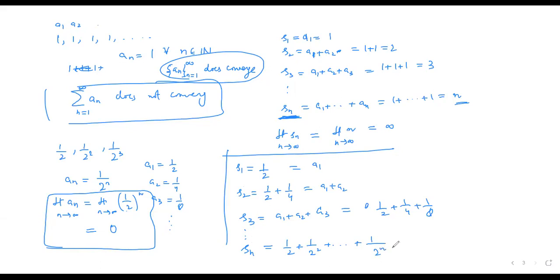But what I see is that this is actually 1/2 plus 1/2 square plus so on and so forth plus 1/2 raised to power n. This forms a geometric series whose first term is 1/2 and common ratio is 1/2. So what does this mean? Its S_n, its sum of n terms, what is it? It is equal to a into 1 minus